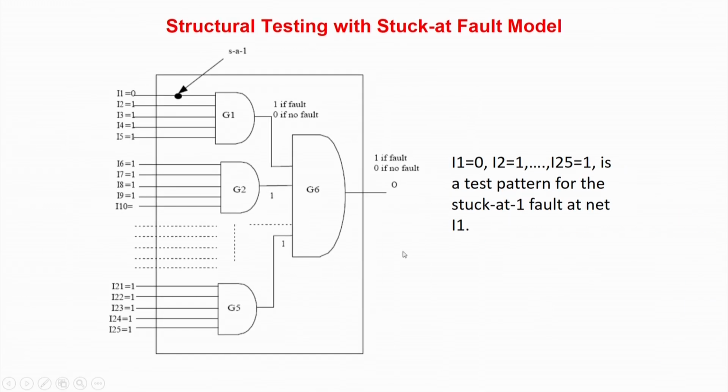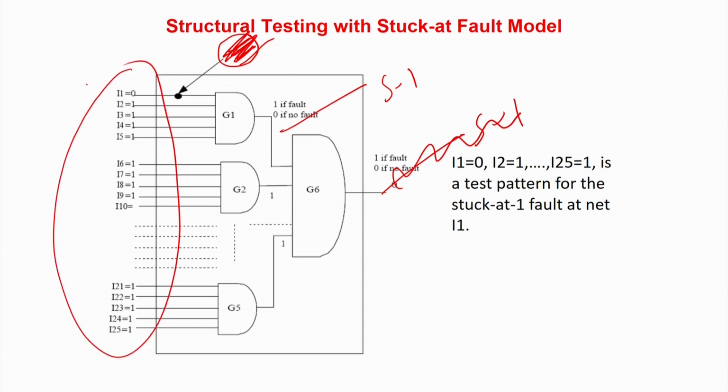So in this case this line basically tests a stuck at 1 fault over here, this one also will test a stuck at 1 fault over here, as well as a stuck at 1 fault here. Interestingly, when I am testing this stuck at 1 fault, I am assuming that this is the only stuck at fault which exists, and these are non-existent. Next I will eliminate this, and assume there is a stuck at 1 fault at this point that I want to test. You will observe that the same test pattern can be applied. Similarly, next I can eliminate this and assume that this is the only line having a stuck at 1 fault over here. Of course, the same pattern will do the test.